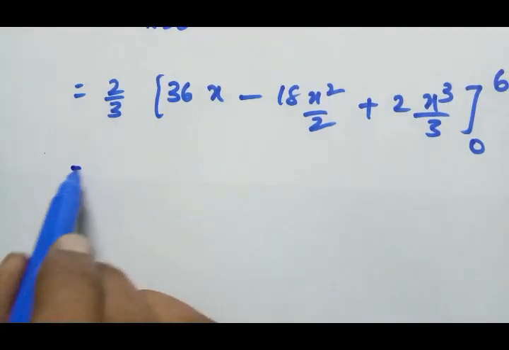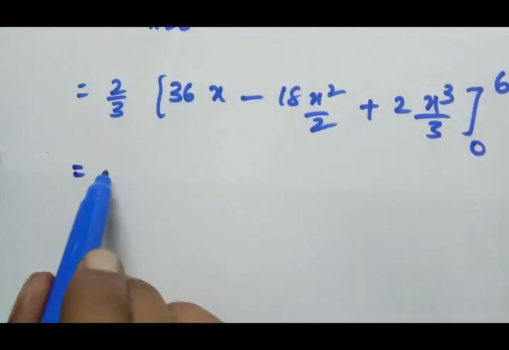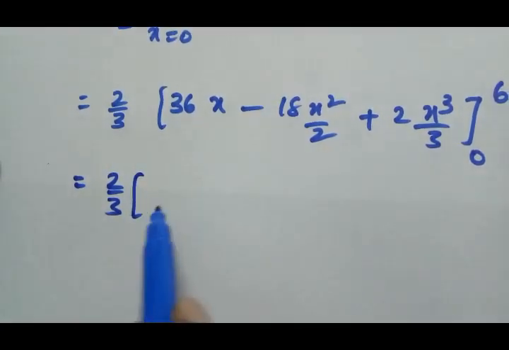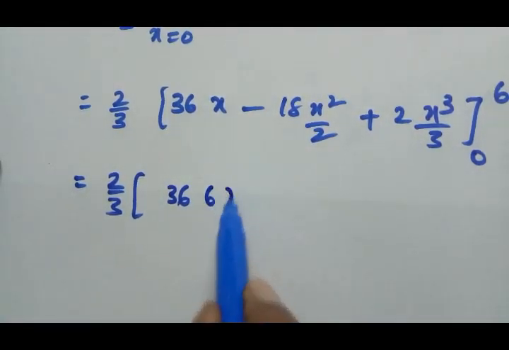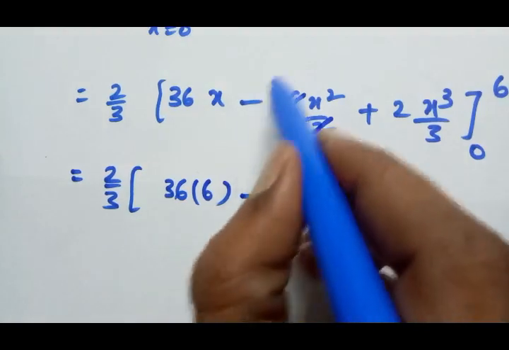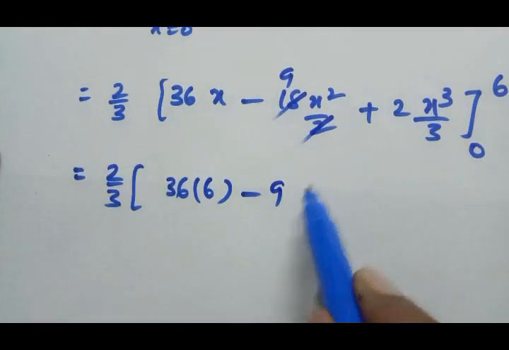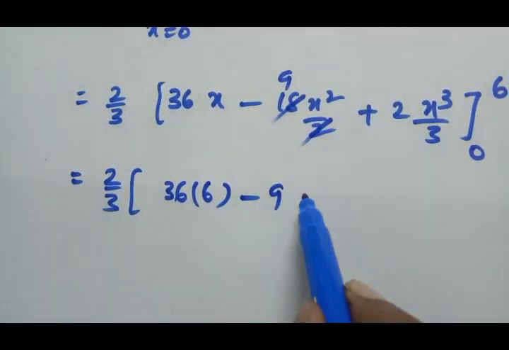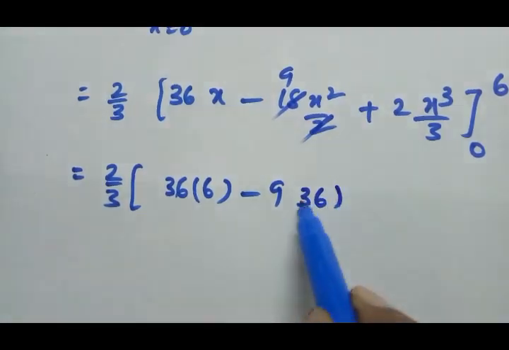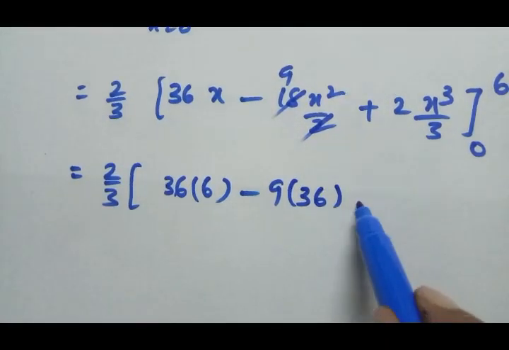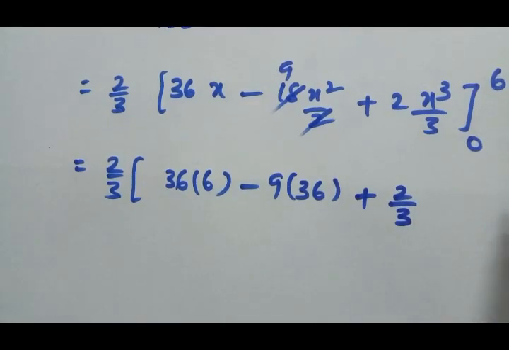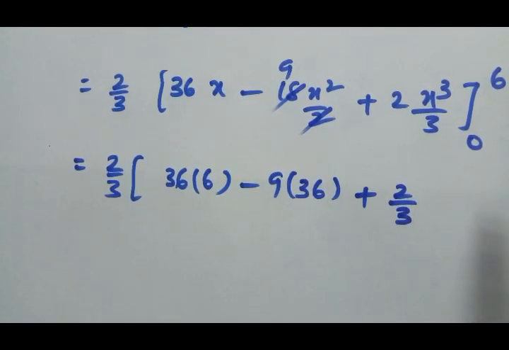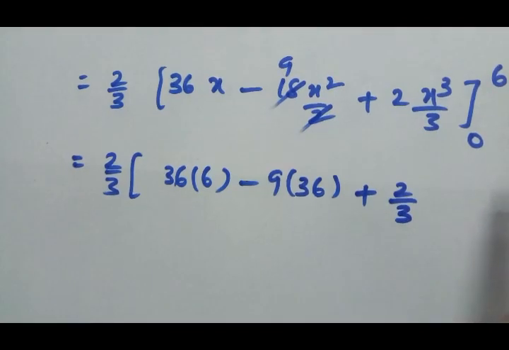Therefore this is equal to now 2 by 3 into upper limit 36 into 6 minus 0, minus 2 nines 9 into x square, that is upper limit 36 minus 0, plus 2 by 3 into 6 cube. So that is 6 cube is equal to